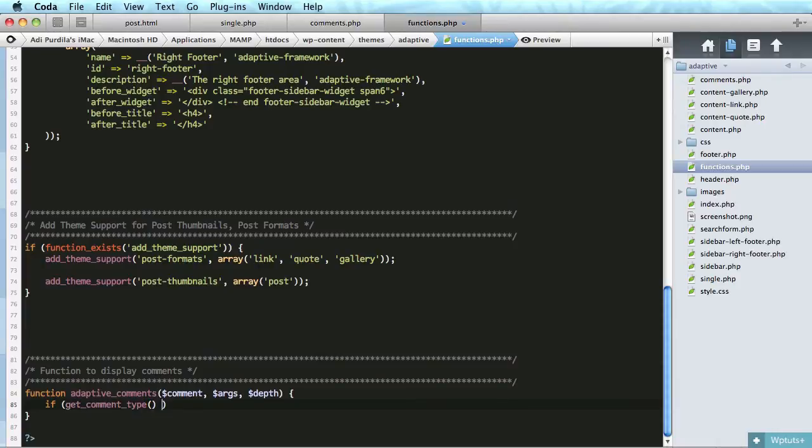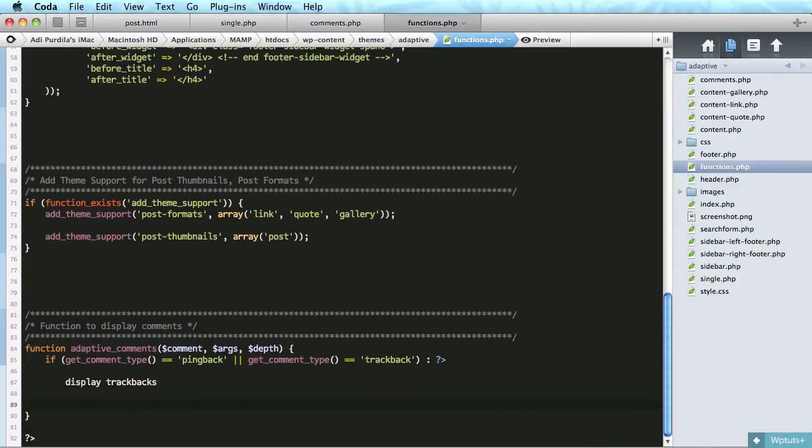So if get_comment_type equals pingback, or the same get_comment_type equals trackback, then we'll say display trackbacks. Okay, and we'll close the if,